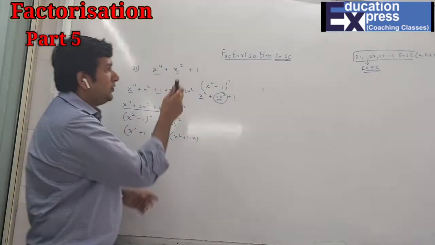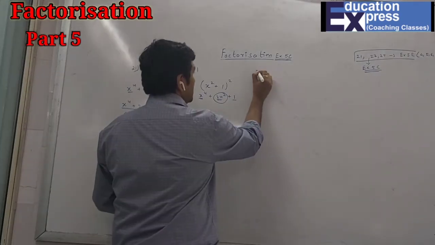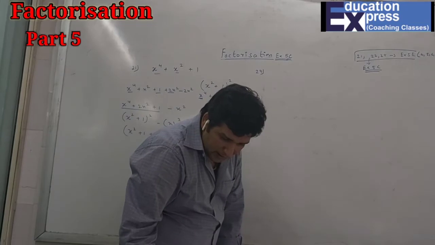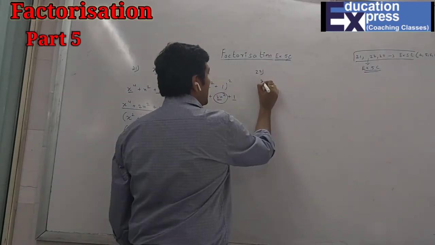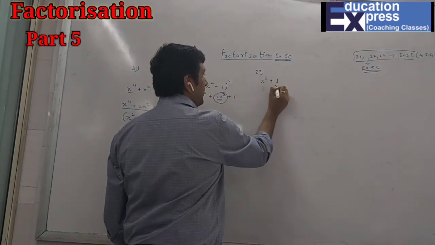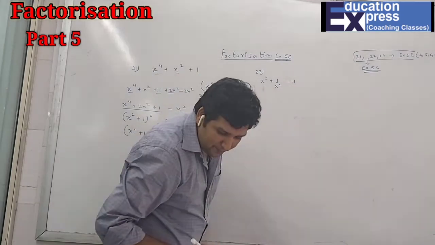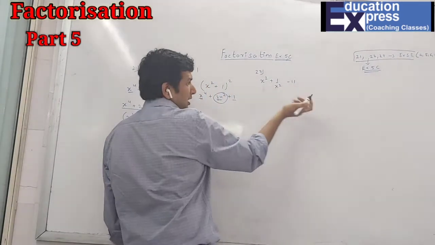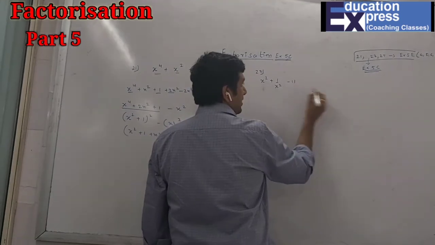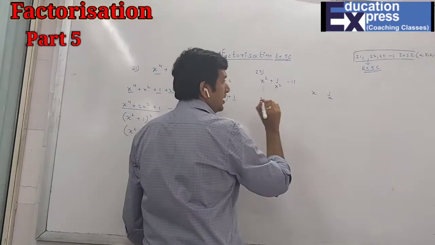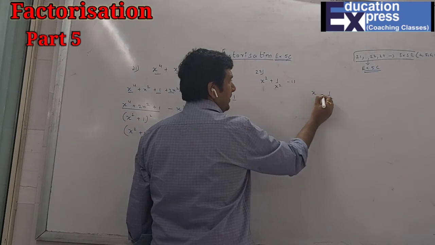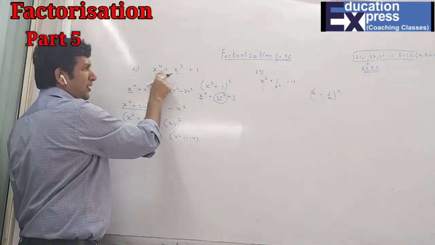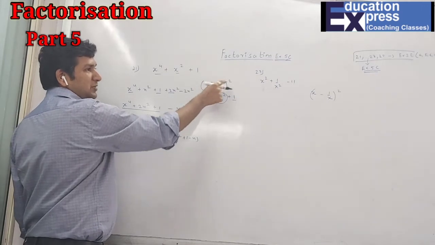Same to same is your question 27 also. In question 27, there is x² plus 1 upon x² minus 11. So obviously here I have the square of only this and this. So I will take x, 1 upon x, and then the number of this square is, minus, its whole square. Same way here also I have taken the square root of x⁴, x², and of 1, 1, its whole square.